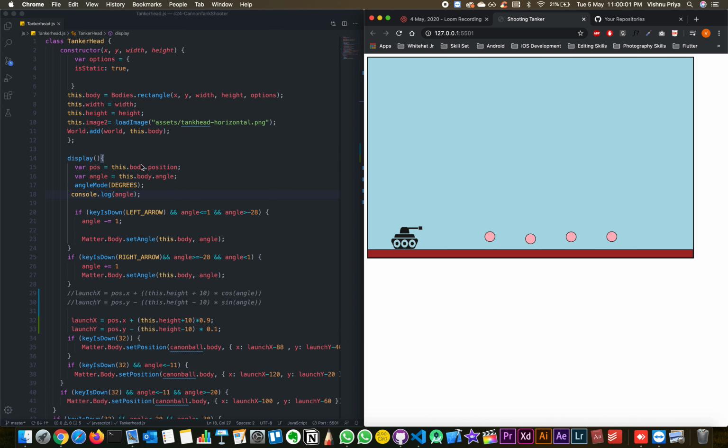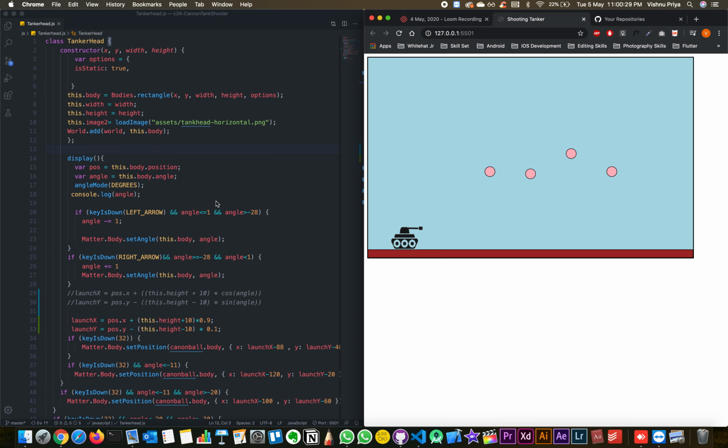Next, coming back to this, I wanted to explain about angles in particular. I'm not explaining how the balls and everything have been popped out. I'm sure you must know that better than me, but I'm going to explain right now how angles have been working. So let me first save it, and my output, the header, moves like this. It moves from left to right. I use my left arrow and right arrow.